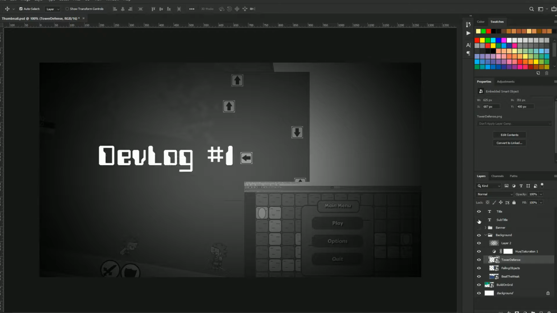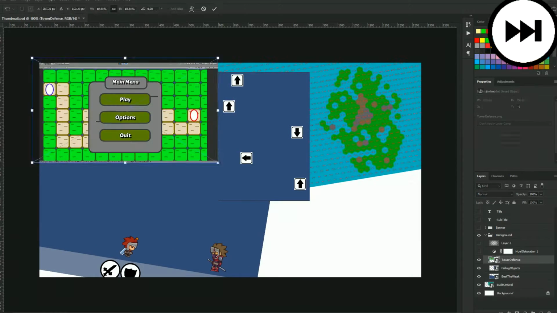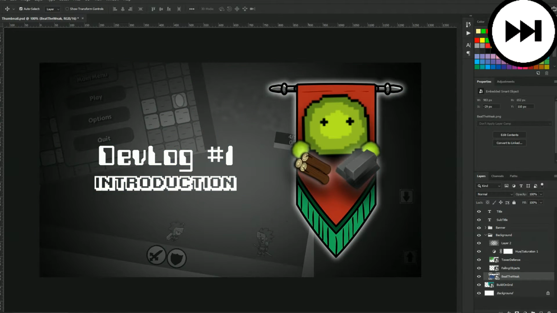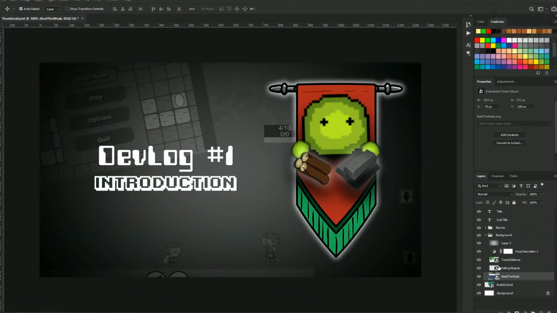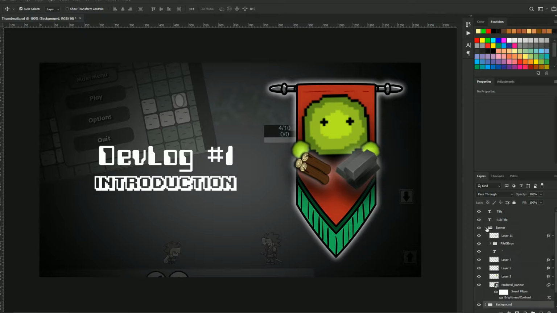Okay, and now let's see if we have these. Yeah, so you can actually see up here there's some edges that are visible. I will move those. Okay, I'm happy with how this turned out. So the last thing I have to do is add this banner,